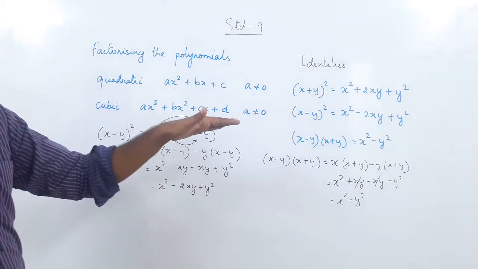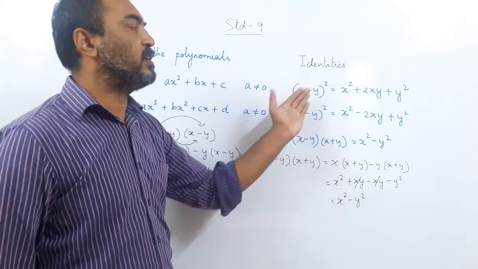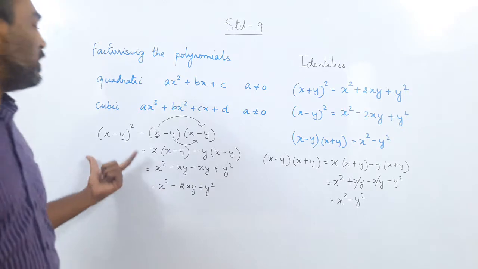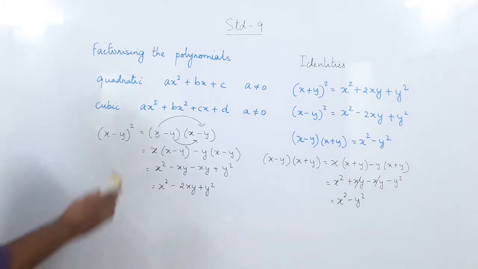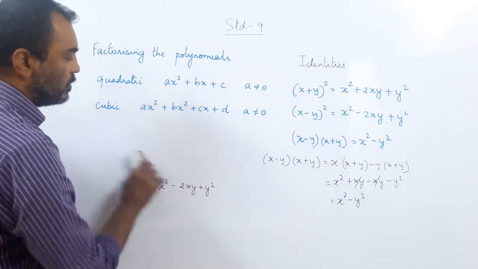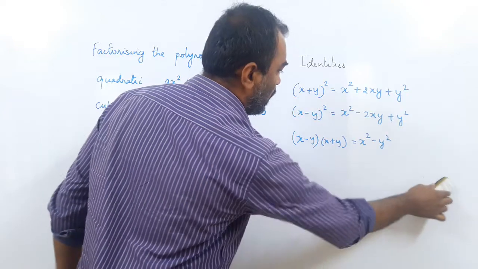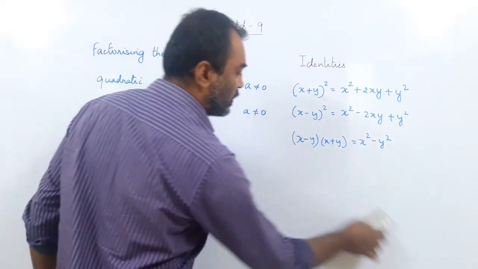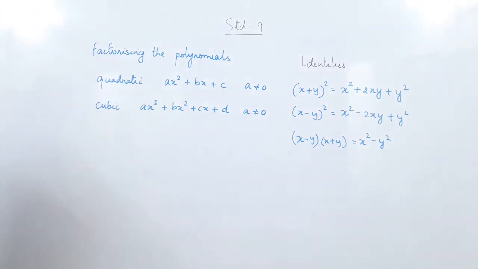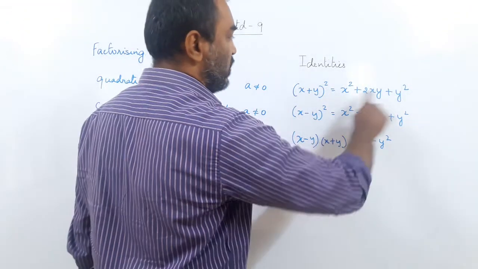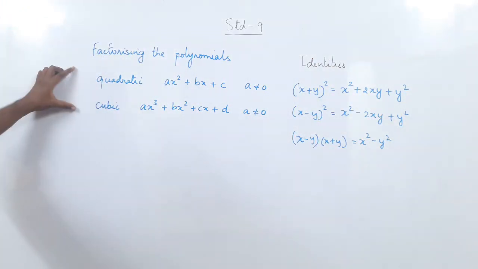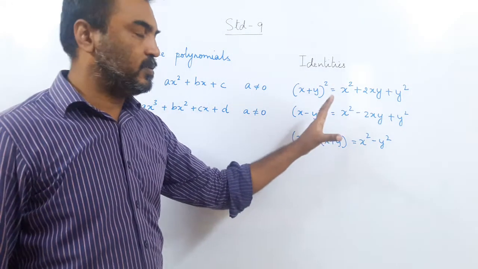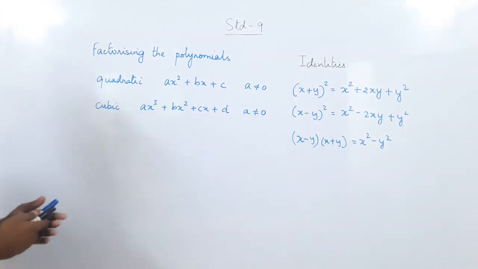2 3s are 6. This year you are going to find the factors of 6, that are 2 and 3, 1 and 6. So the multiplication you did last year, this year we are going to do the factorization. Okay? So if we know the multiplication, how the expansion was done, it becomes easier to understand the factorization. Are you following my point? So last year we learned how to expand them. This year we are going to learn to factorize them. We already learned two methods, and these two methods are enough. But still, if you have identities, then it makes our work simpler. We will see how later on.